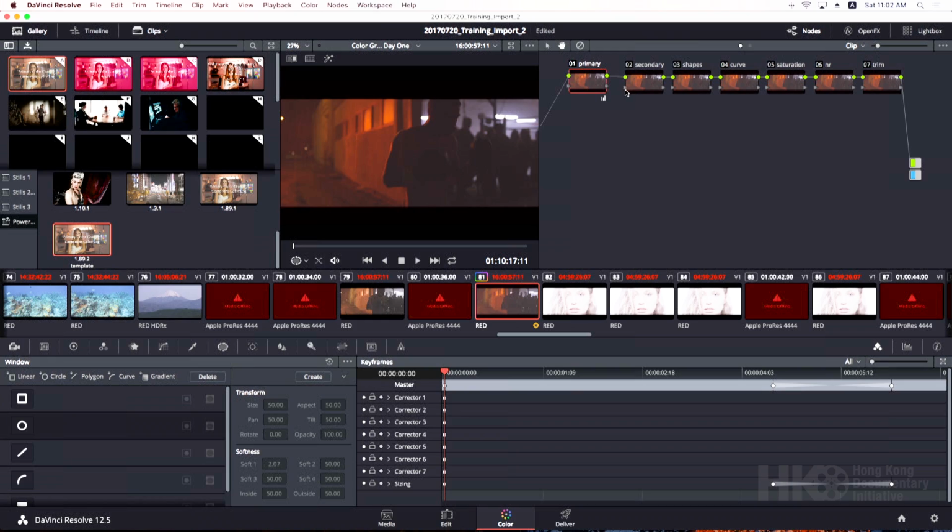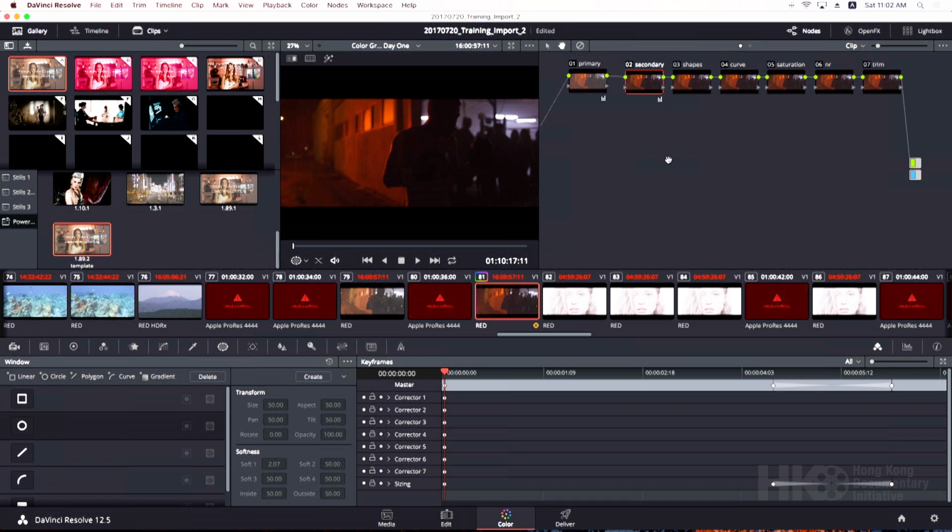There's a couple ways to relight this. You can use secondaries to relight it. You could, primary, you might want to bring the density down. What's going on with keyframe here? Okay,